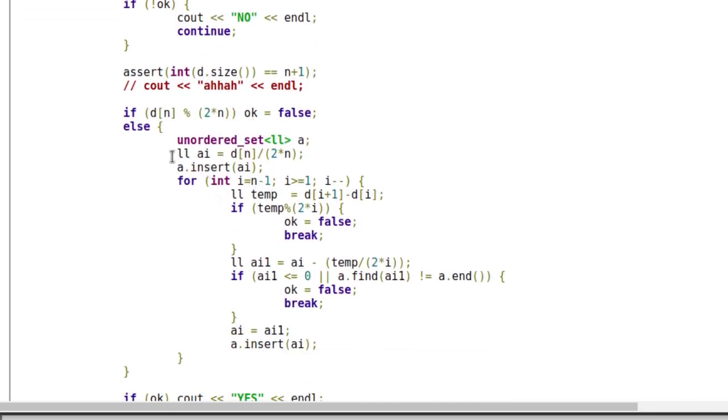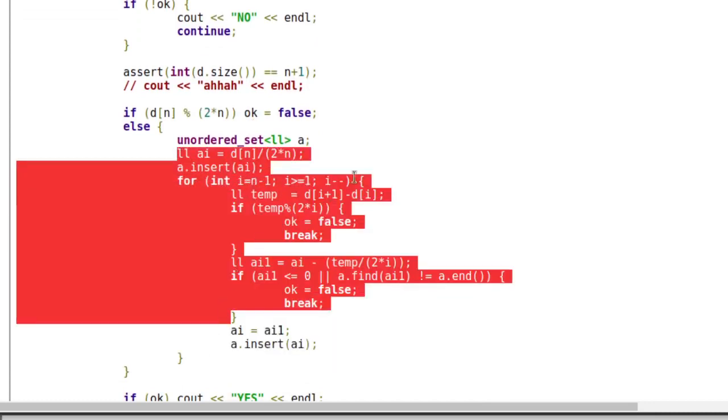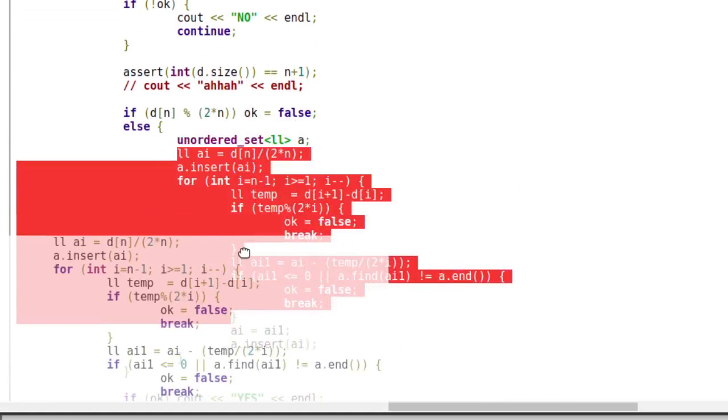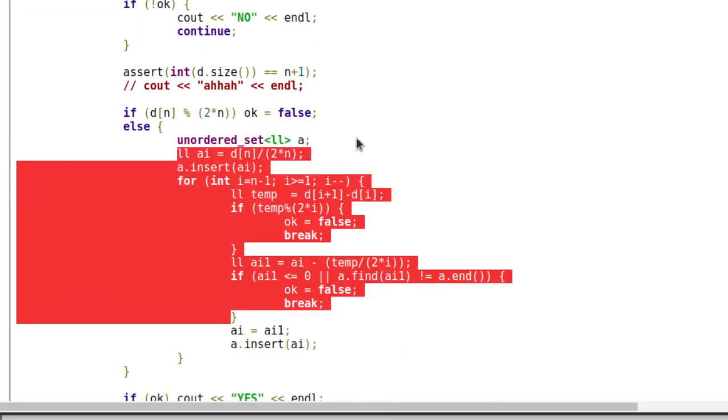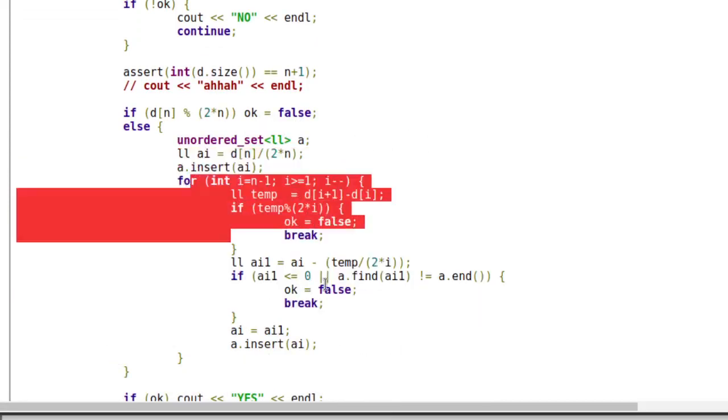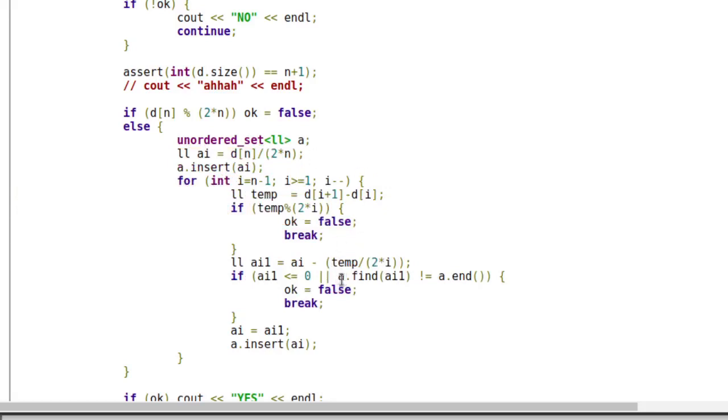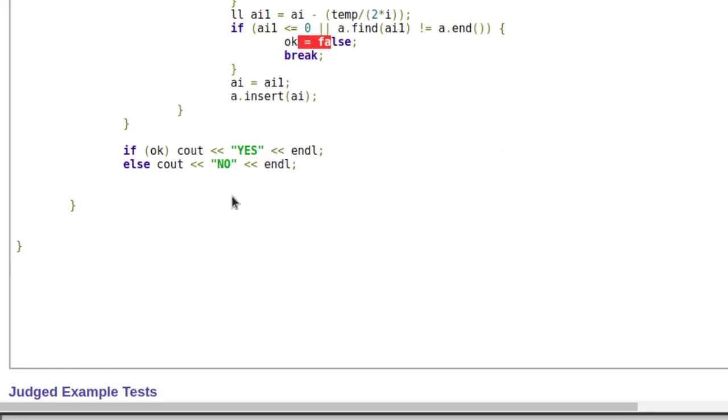Otherwise, I am simulating the process of finding all the ai's. If I have already found an ai and I'm finding it again, then this solution is not a symmetric array. Accordingly I print yes or no.